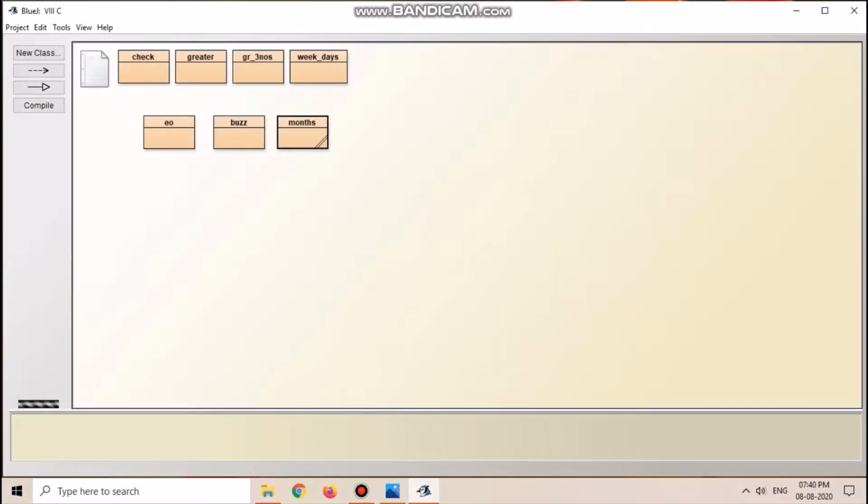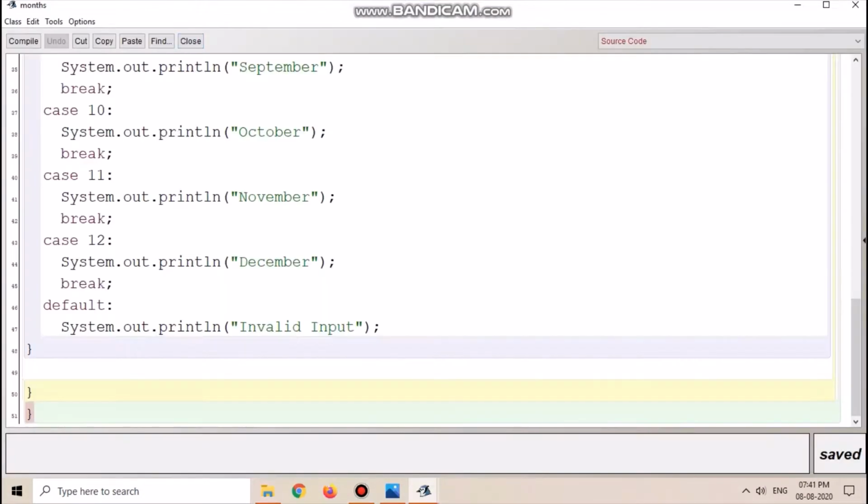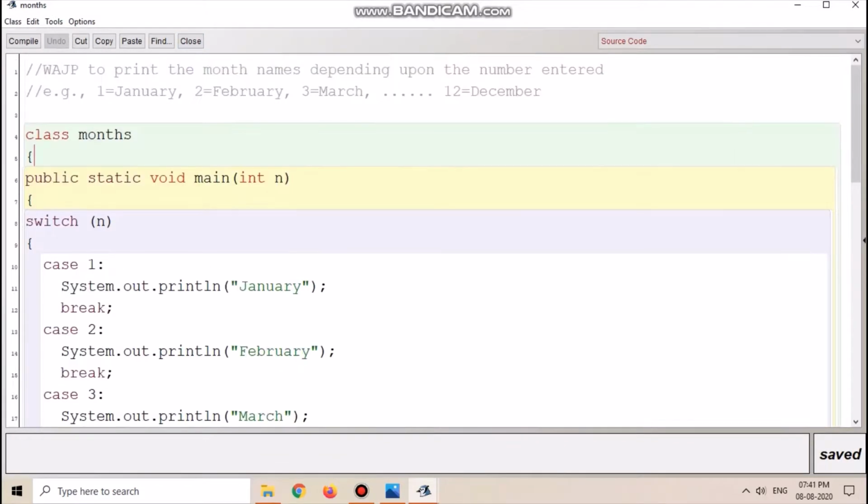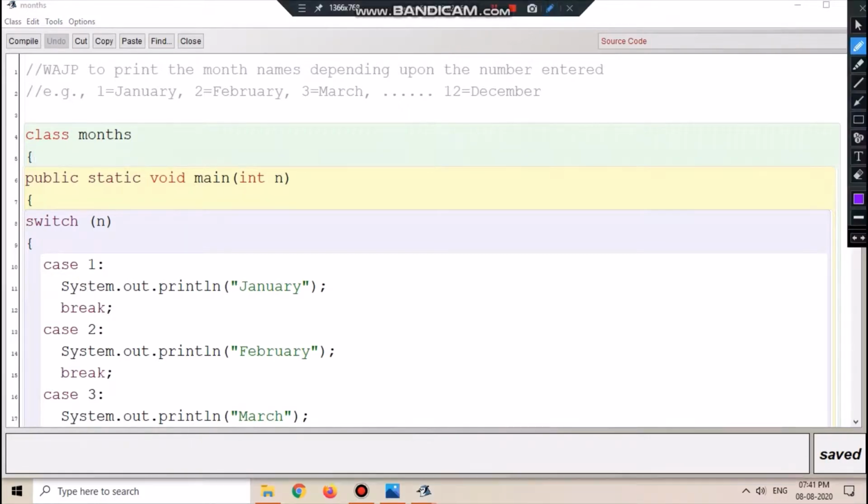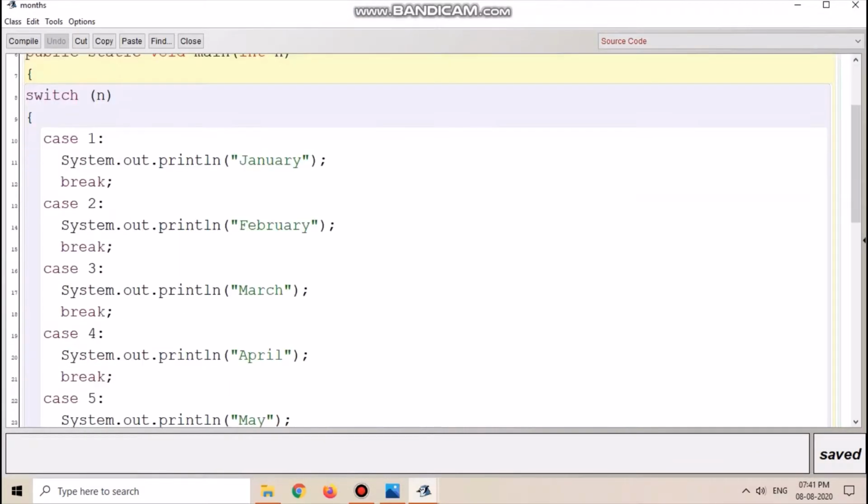Now let us suppose that you have taken the input as 21. What will happen? It will look for case 21 here in the program, which is not there.